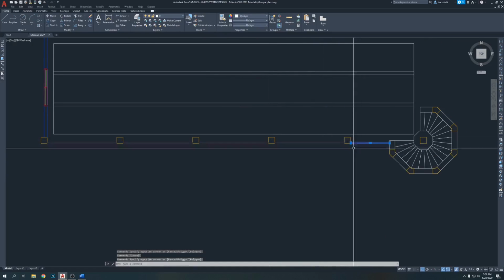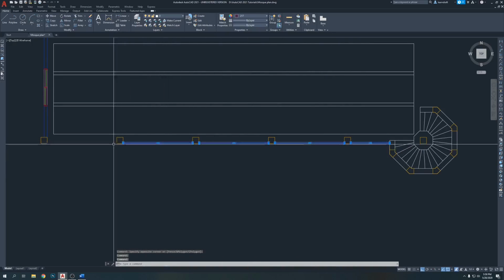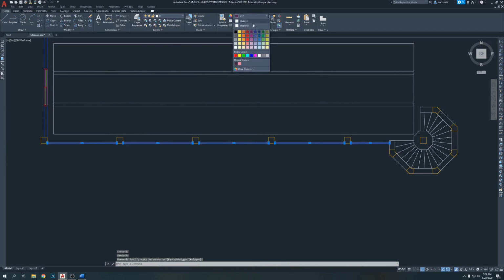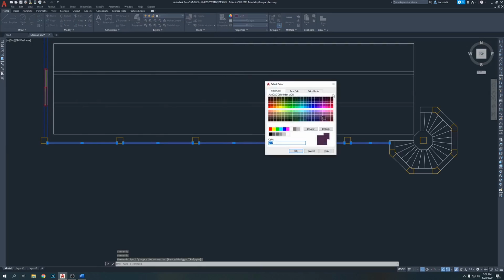Oh, it's not able to see. Make it like dark green. Yeah,